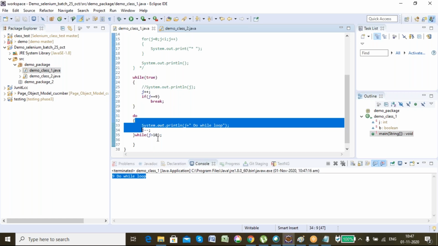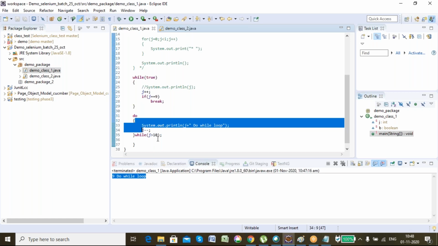Do while will mandatorily get executed once, even though the condition is not satisfied, because first do is executed, then while is checked. But in while, first the condition is checked, then the lines of code are executed. You got the difference between do while and while? Yes.